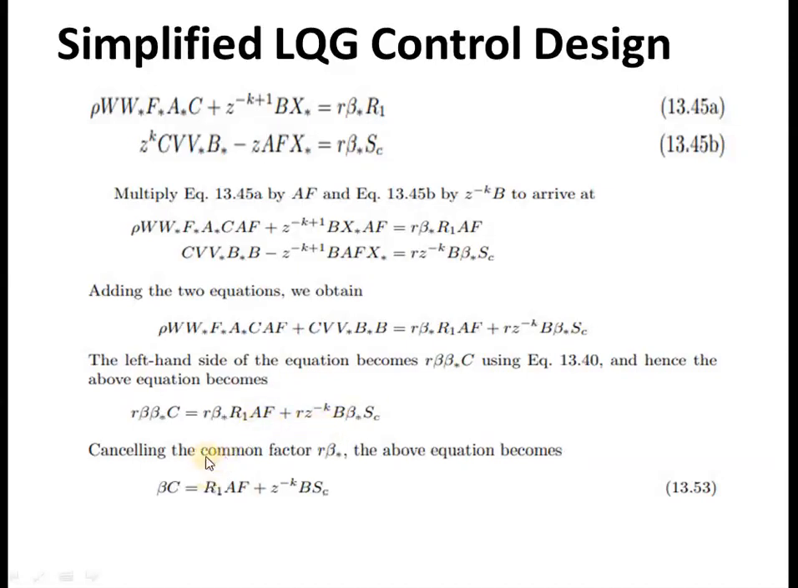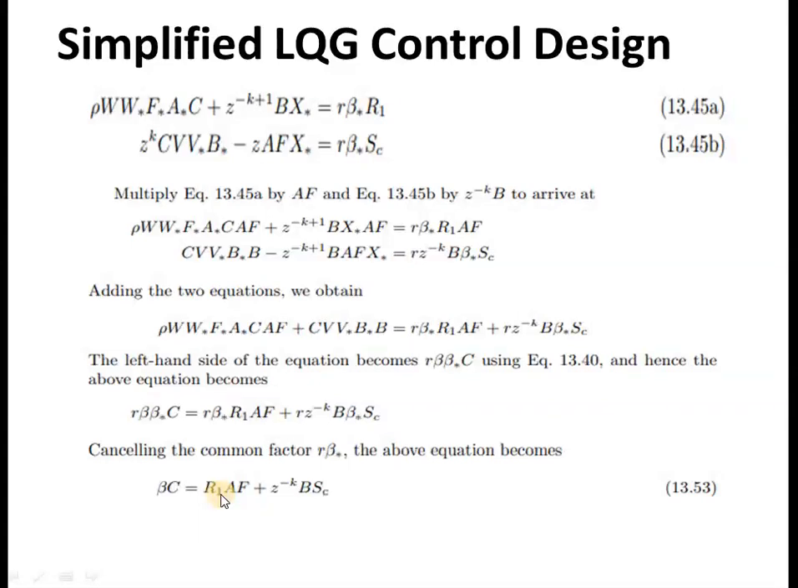Now we just cancel the common factor, that is r into beta star, which is the common term. Therefore we remain with the equation beta into c equals r1 into af plus z raised to minus k into beta into sc. This is the Aryabhatta identity which we have to solve in a simplified LQG controller design